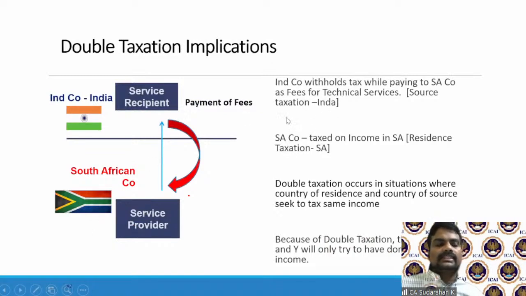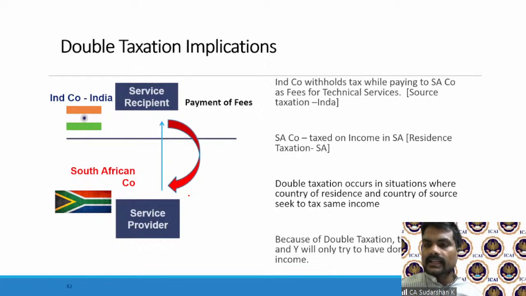Double taxation occurs. If you look here, the Indian company withholds tax while paying the South African company as fees for technical services. Out of 100 rupees, which is their service fee, India will deduct 10 rupees, 10% being the rate under 115A, and deposit 90 to South Africa. So when the money goes to South Africa, it will only be 90, and 10 will go to the Indian government's kitty. Now in South Africa,